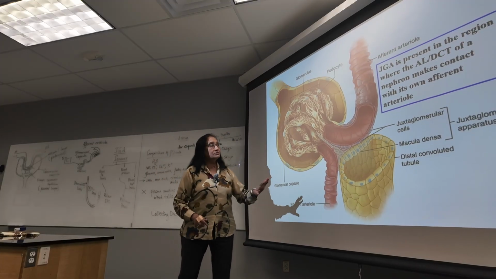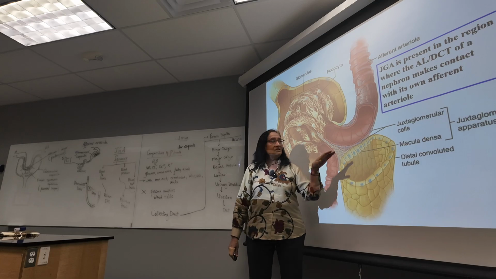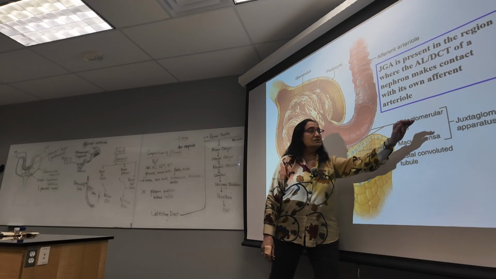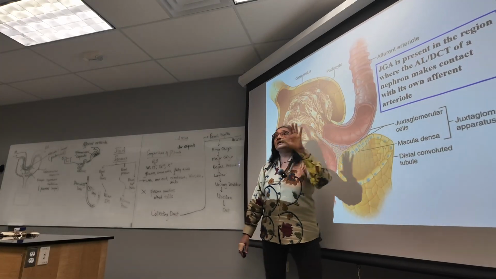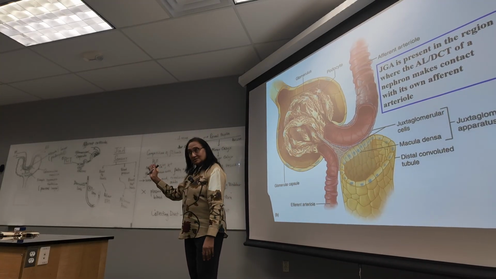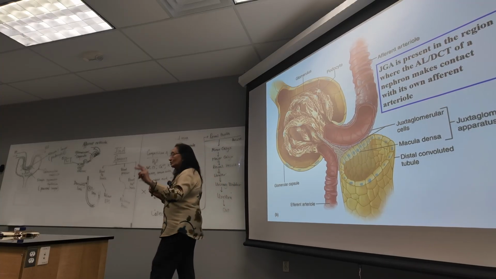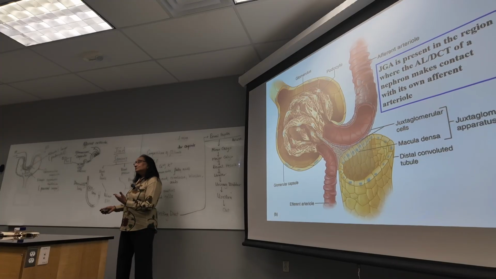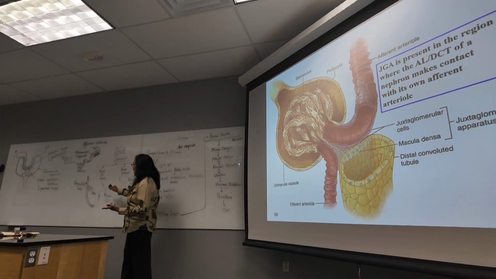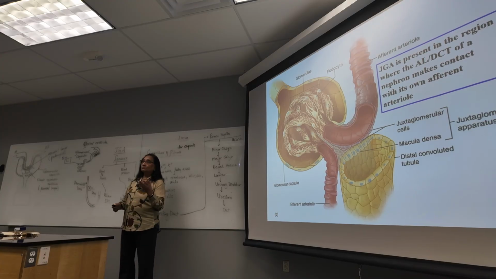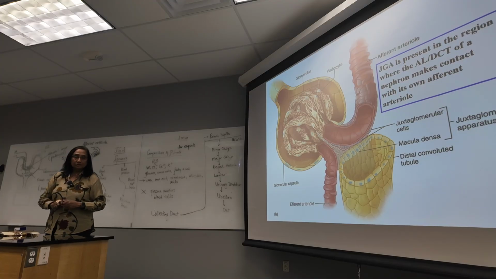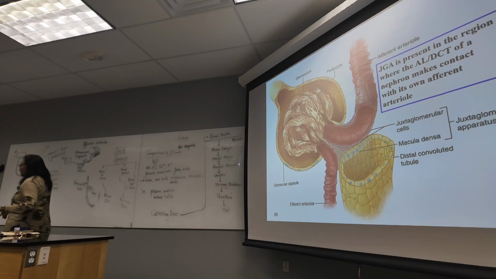Okay? Of course each of these cells and what they release, there's a lot of details, but as long as you remember, the juxtaglomerular apparatus is the region which has the sensors, and it also releases two hormones, renin and erythropoietin. Erythropoietin increases red blood cell numbers whenever oxygen levels are low. Renin, we know, is for blood pressure and blood volume. Renin, angiotensin, aldosterone mechanism. Okay? So that is about the overall